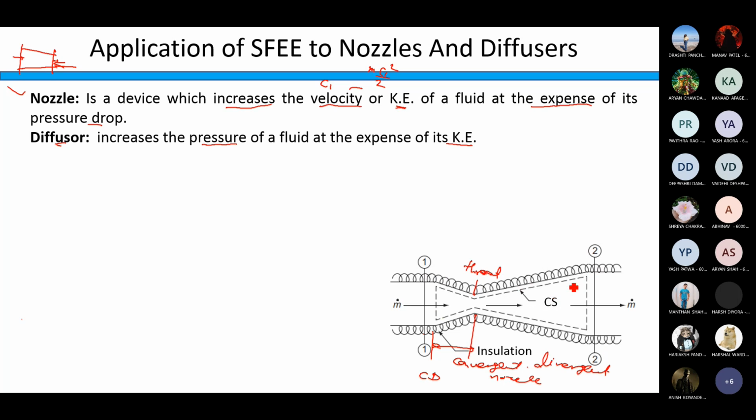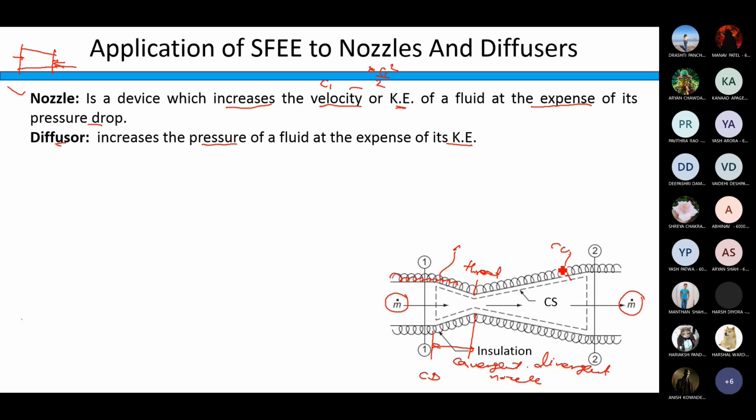What is shown by the dotted line is our control surface, and the volume enclosed here we call a control volume. We know this. The interaction happening between the fluid, this control volume, and the surroundings is shown here. We have only one inlet for this nozzle and one exit, so the mass flow rate is taken as m dot at inlet as well as m dot at outlet. Correct? And apart from this, whatever you see is the insulation. It means the heat rejected or absorbed from the surroundings by this